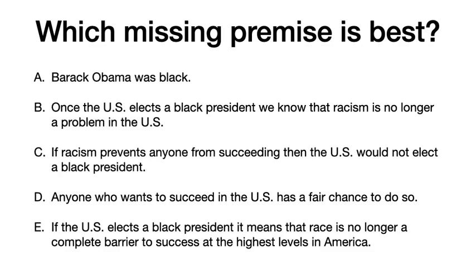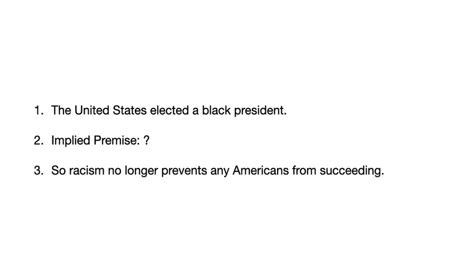Look at number A here, right? A does nothing to get us from 1 to 3, right? If someone had been living in a cave or in a coma, whatever, and said, wait, the US elected a black president, you could be like, well, okay, Barack Obama was black. He was elected president. If you were diagramming that, that would support premise 1, right? Our diagram, I won't draw it out, but that would support premise 1. That does nothing to get us from premise 1 to our conclusion.